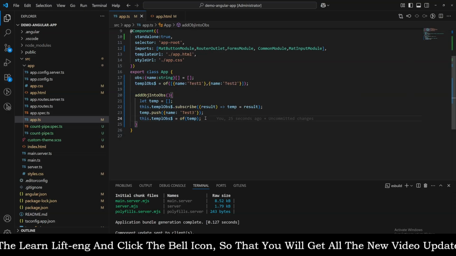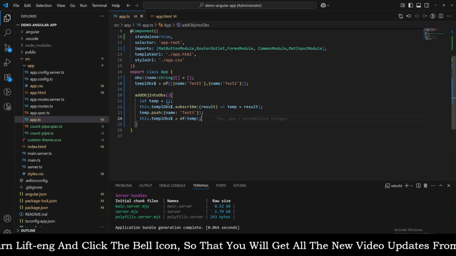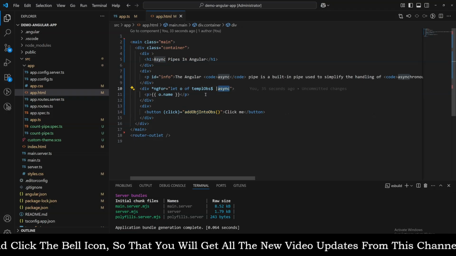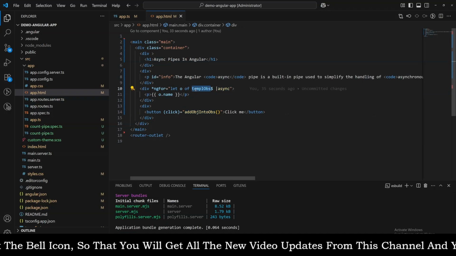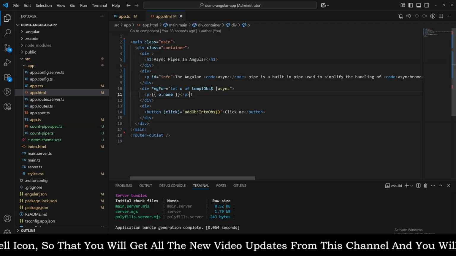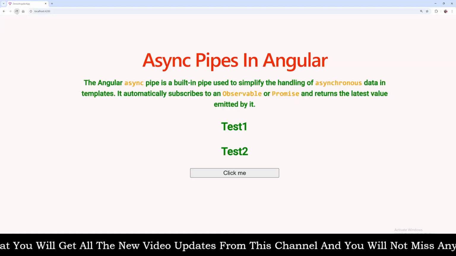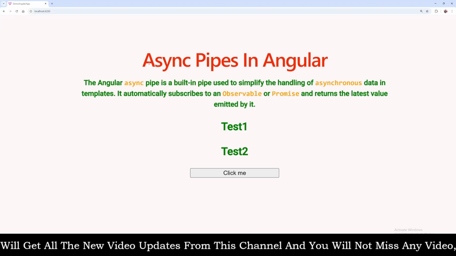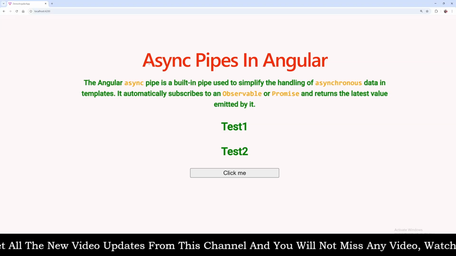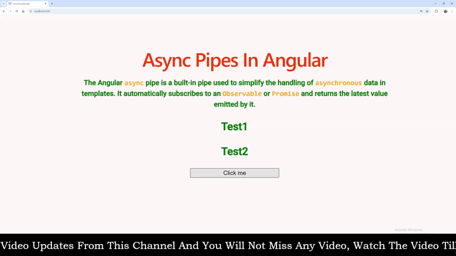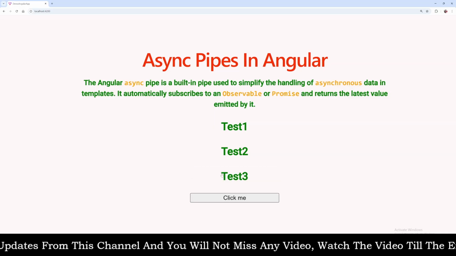And when this async pipe is attached to this observable variable, as you can see over here, it keeps track of that particular variable itself. So whenever it emits a new value, it triggers the change detection cycle of the Angular component, and then it throws out that newly added value on the UI. So as you can see over here, test3